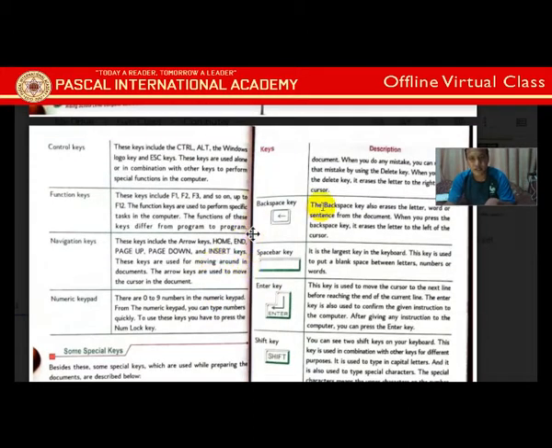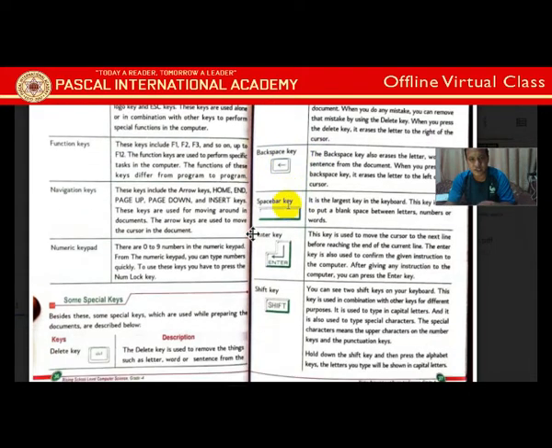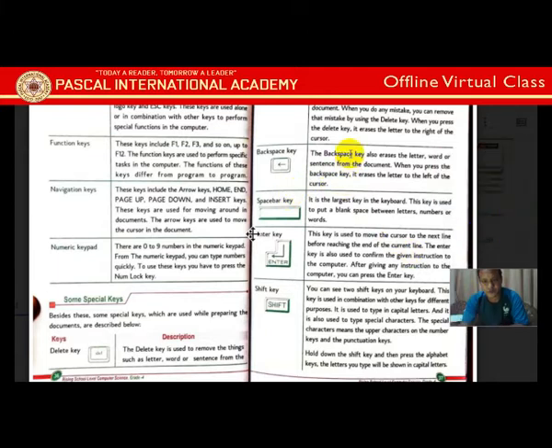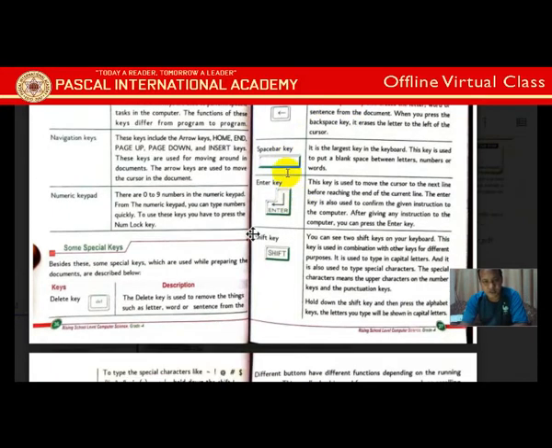The next key is the backspace key. Backspace key is to move the cursor back, and it can also be used to delete characters. If you click somewhere after some text and press backspace, it will go on deleting.